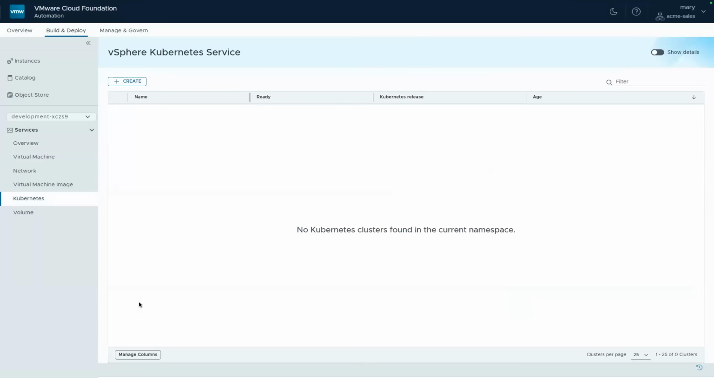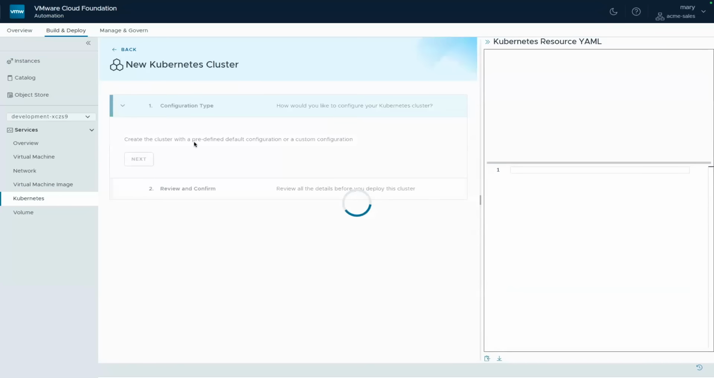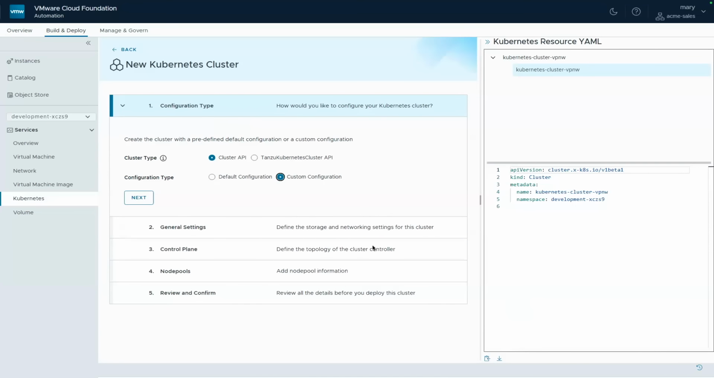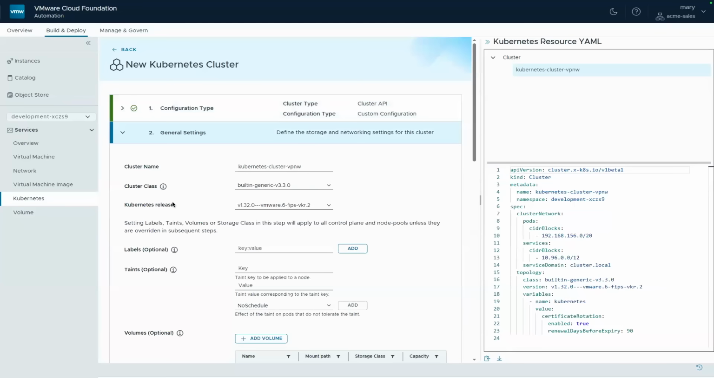And then if we go over here to the overview, then we can do the same thing with a Kubernetes service. So I can deploy a VKS cluster right from here as well using this UI. So if I go in here to create, you'll notice I can do a custom configuration, and the YAML also gets built out on the right-hand side for me, as well as some changes, some things I can do here. So I can pick the cluster class, I can pick the Kubernetes release version that I want. So if I just pick the latest here,